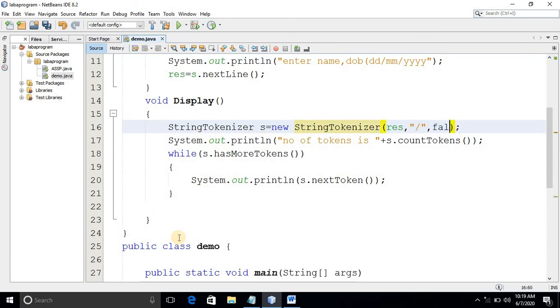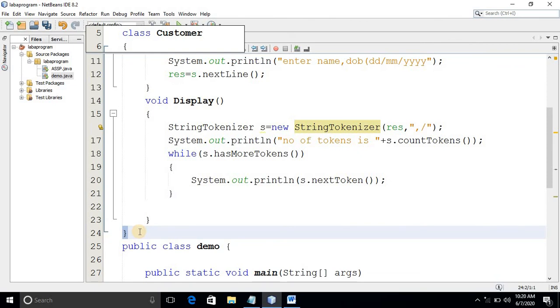Now here, students, you should understand which are the delimiters. Comma is one delimiter as well as slash. Both are delimiters, you can specify: comma, slash. Whenever it finds a comma or slash, it will divide into a token. That's the meaning of comma as well as slash. So I'll print the number of tokens and print in this format. That's all of your program.